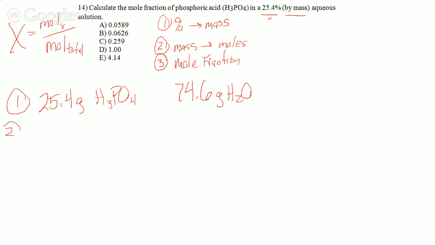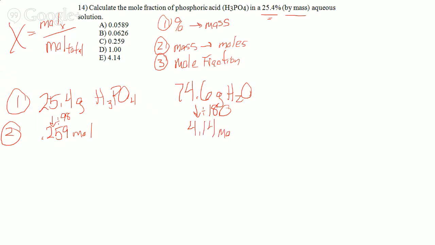Second step, convert the mass to moles. So we do that by dividing by the GFM, which would be 98, right? And you should get the same number as the last problem. 0.259 moles. And then for water, you divide it by its formula mass, which is 18.0, and you should get